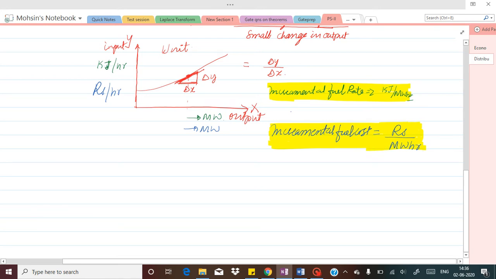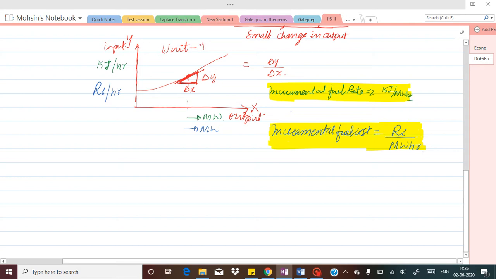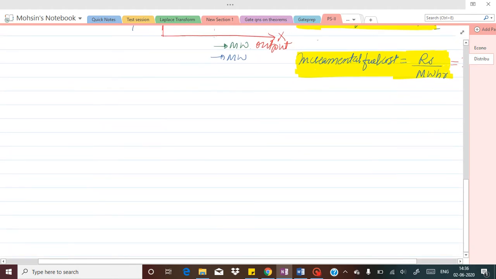Fine, so now incremental fuel cost is the term which is actually going to lay the basis for load division, because for different units, this unit I had considered as an example as unit number 1, is going to have one particular type of incremental cost, say IC1. Likewise, if different units are used, suppose in a very big plant we have multiple units, I'll just take 3 units here.